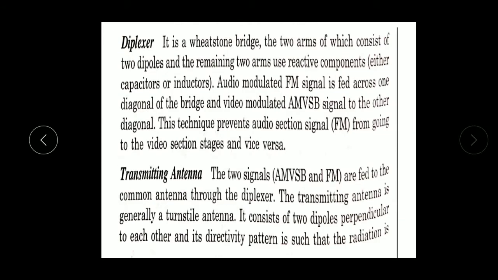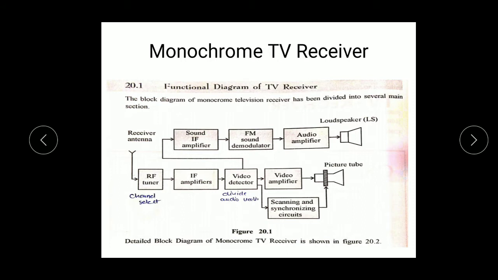the monochrome receiver system, this is the monochrome receiver diagram. In this system, first we have an antenna for receiving the transmitted signal. So this is the antenna. The antenna may be of different types, a Yagi antenna or this type of antenna. The second thing is the RF tuner. Basically this is used as the channel selecting component. After selecting the channel, the signal is sent to the IF amplifier.